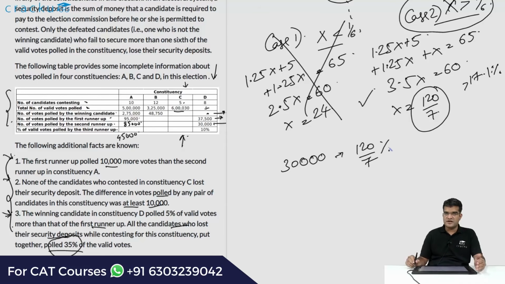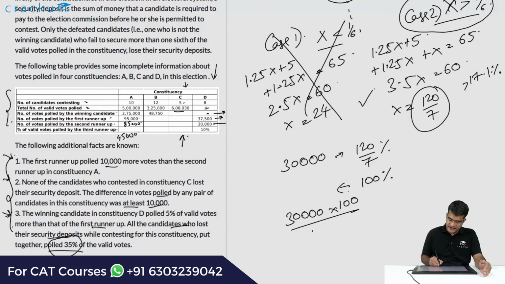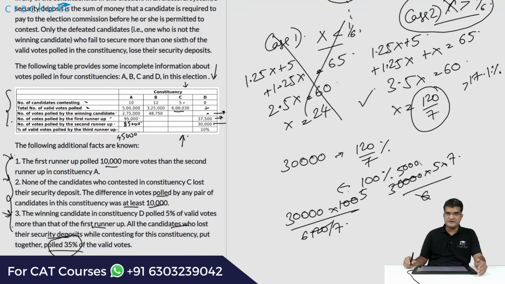So what is the total number of votes that are there in that constituency? That would be 100% of all of these votes. So that would equal 30,000 into 100 divided by 120 divided by 7. So this is 5 and this is 6. So this will equal 30,000 into 5 into 7 divided by 6. This is 5,000. So this will equal 25,000 into 7, which is equal to 1,75,000. That is the total number of